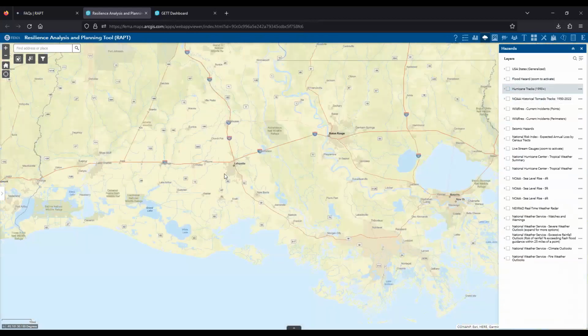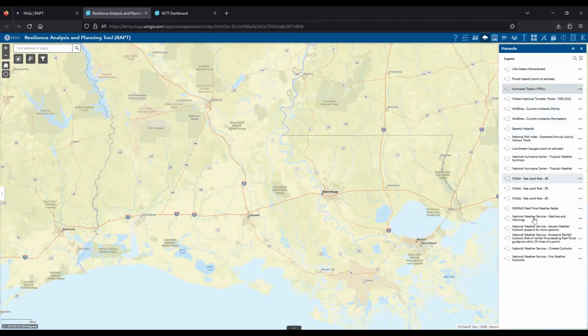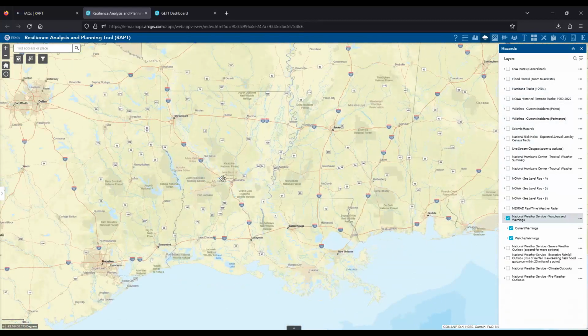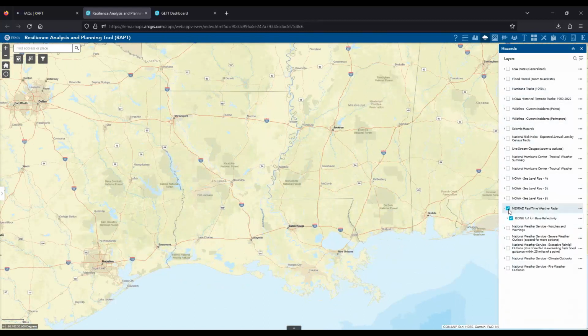Another thing we have, we'll just zoom out to look at a little bit more of the state. I mentioned we have severe weather watches and warnings, so we can toggle those on to see if we have any in the state. It doesn't look like we have any right now, which is always a good thing. And then if we look at any of our real-time radar, we can see if there's any rain or any weather in the area. And right now it doesn't look to be. So here's a quick look at the indicators we have here, our infrastructure, and here are our hazards as well.